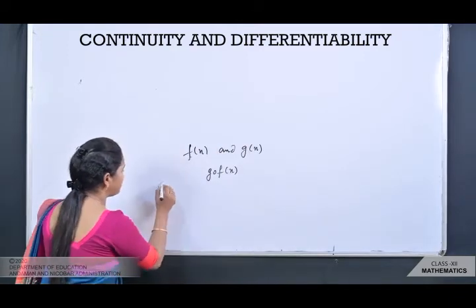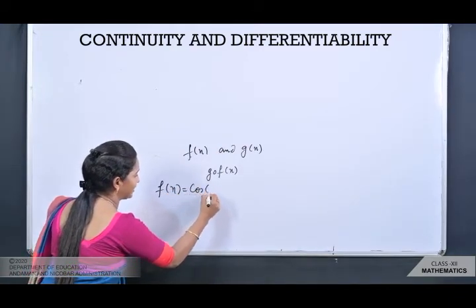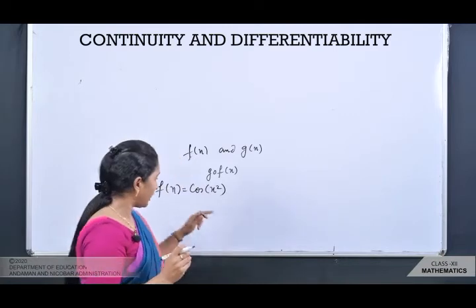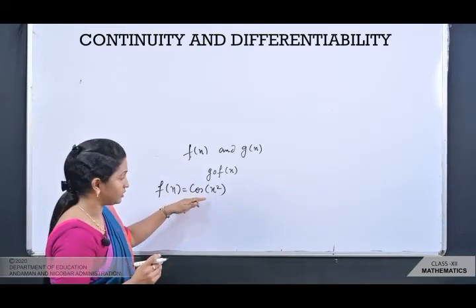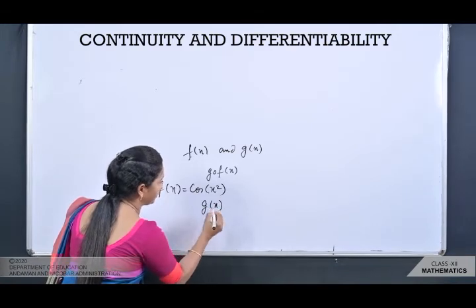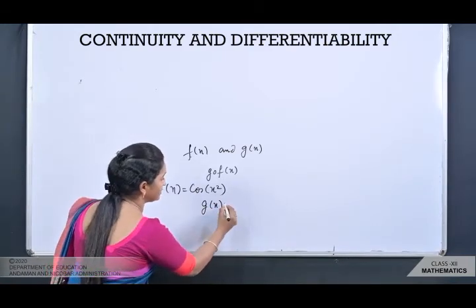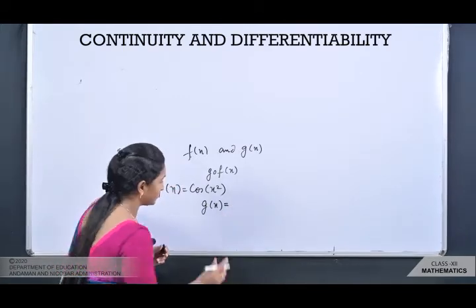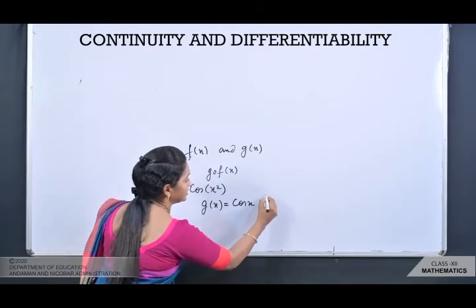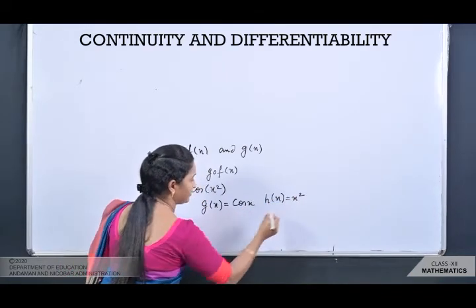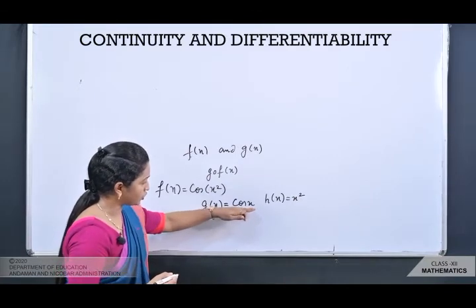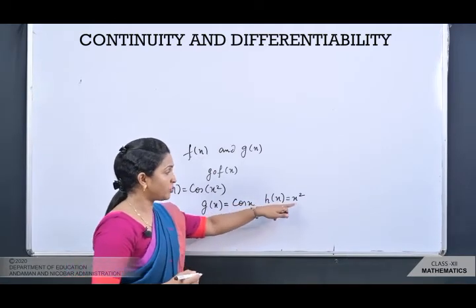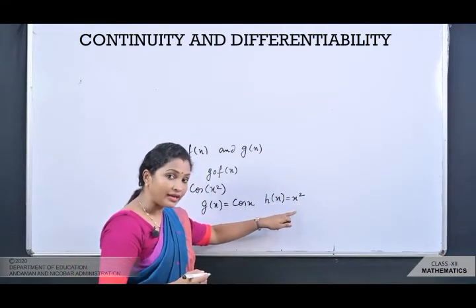The question is f(x) is given to be cos x square. Okay, cos x square is a composition of 2 functions. If you look at it carefully, it is the composition of 2 functions. If I am taking g(x) and h(x), sorry, g(x) is cos x and h(x) is x square. We know that g(x) equal to cos x is a continuous function because cos x is a trigonometric function. Okay, so it is continuous. What about x square? x square is a polynomial function, again continuous.